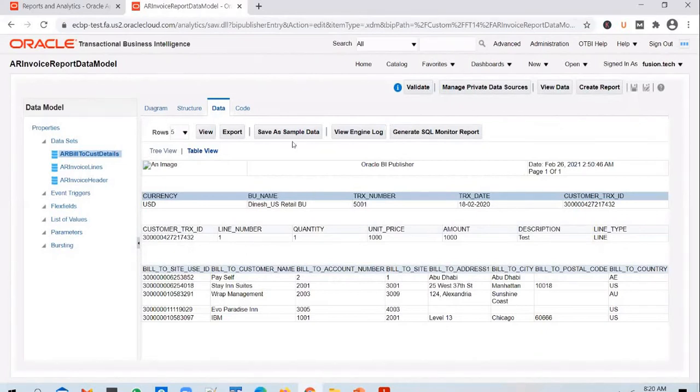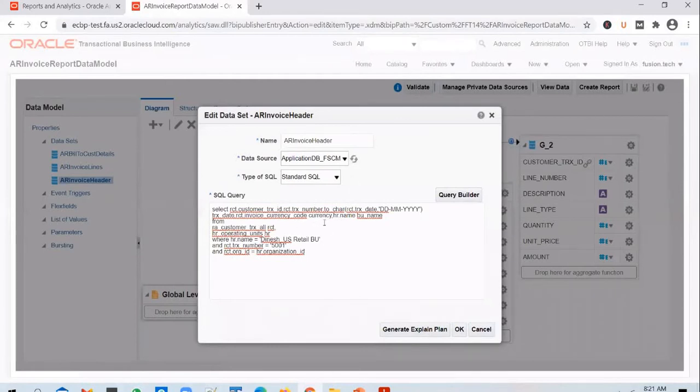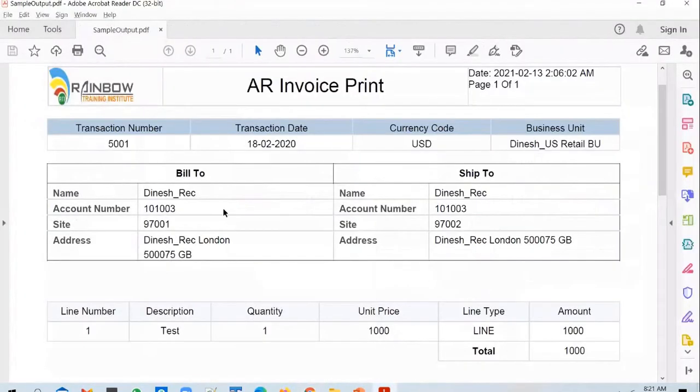In the invoice header table, you will have a bill to and a ship to customer ID references. So you will pull those IDs here in the main query. And for that particular bill to customer ID, you will pull the details from this bill to customer details query. You will pass on that bill to ID to this query, which pulls the bill to customer details. And you will be getting all these bill to details as an output.